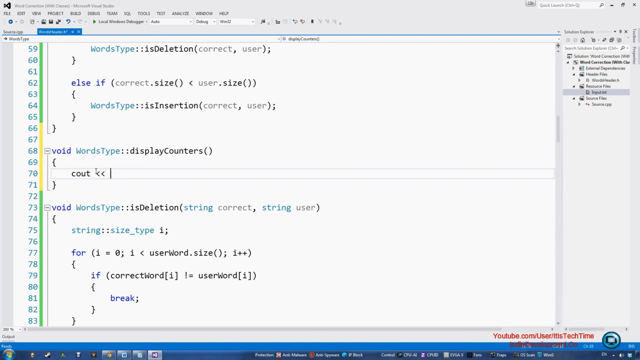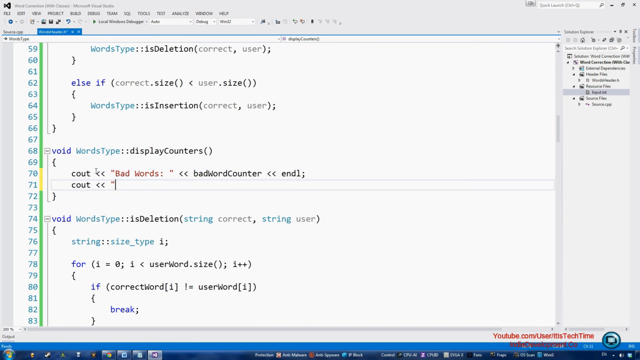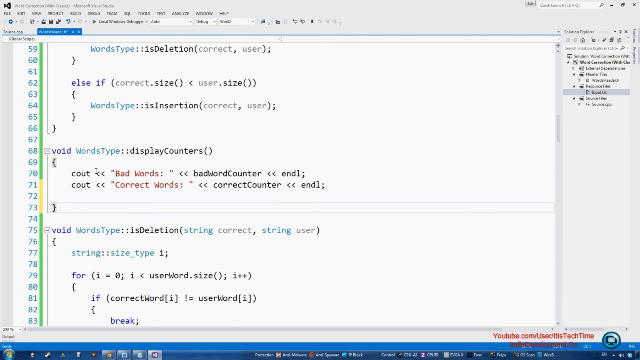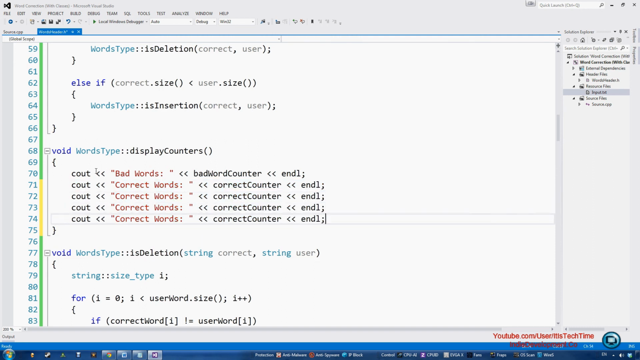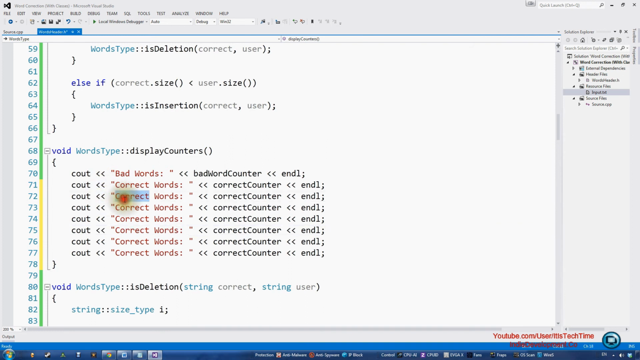So cout bad words, and we're gonna display the bad word counter right here, end line, cout, correct words, so correct counter, and we're just gonna basically copy this, copy it, so let's see, correct